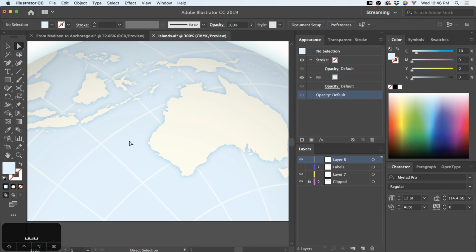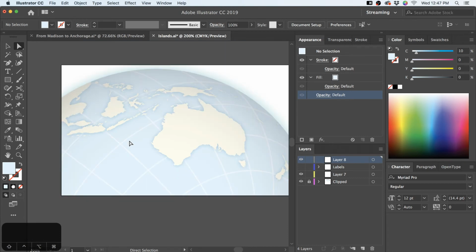And the problem with that is that these data sets have been generalized and simplified for situations that are not orthographic, because there's a huge scale variation from the middle of here all the way out to the edge.